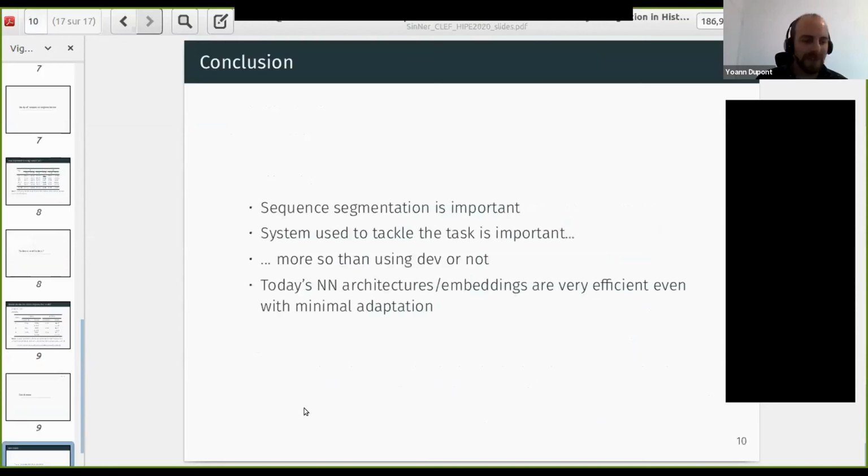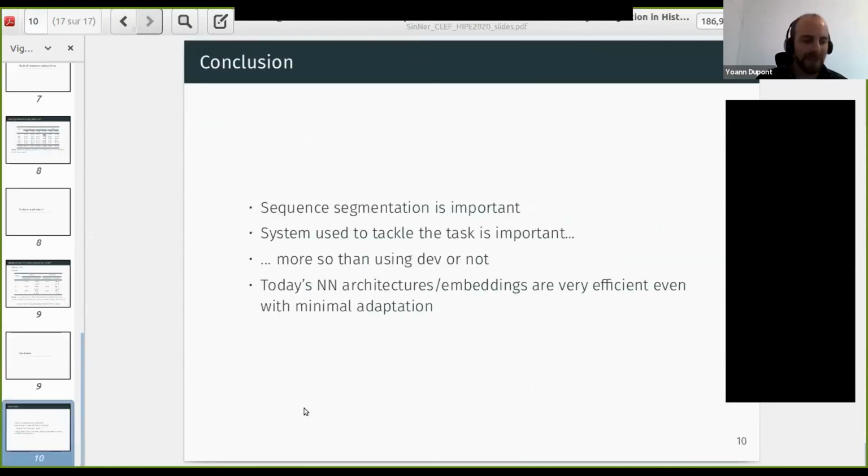So to conclude quite quickly, the sequence segmentation is important, and this goes well with the previous presentations that concluded the same thing. And the system used to tackle the task seems to be the most important part of it, obviously, more so than trying to grab points little by little by adding dev sets or not.